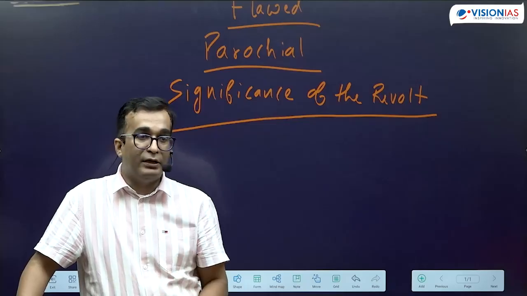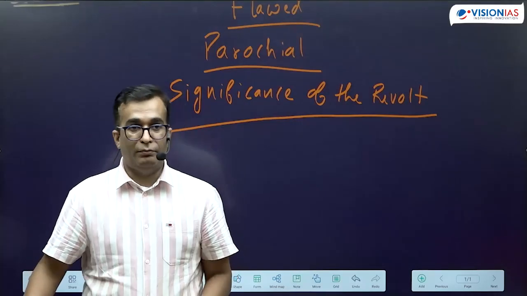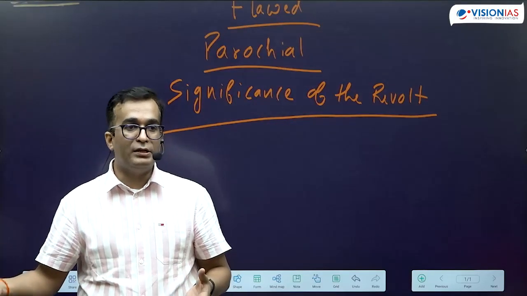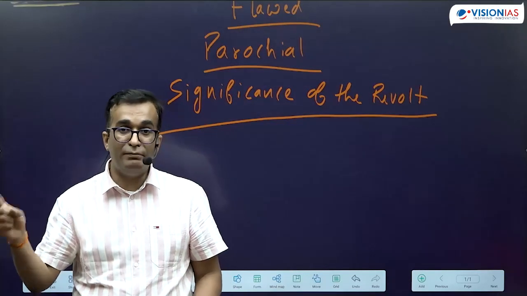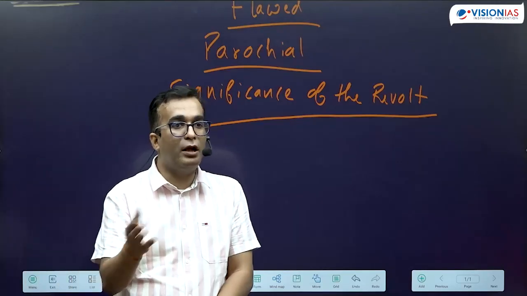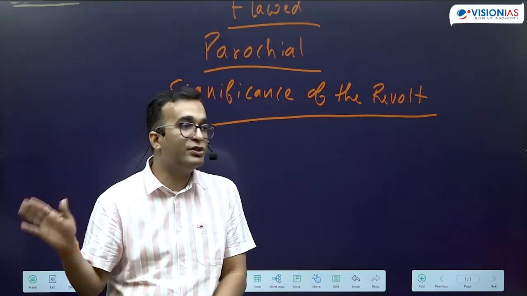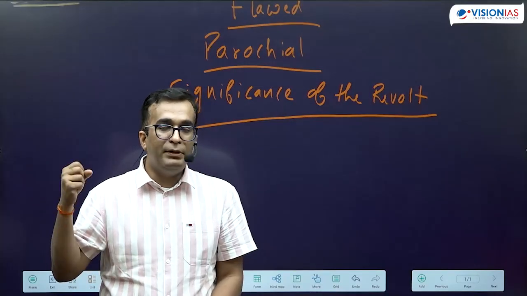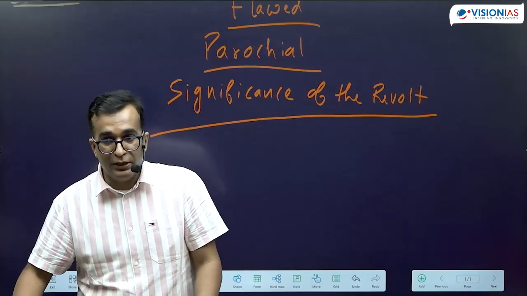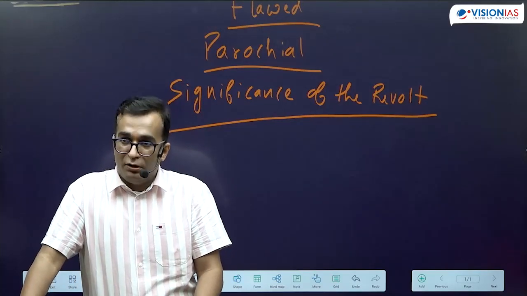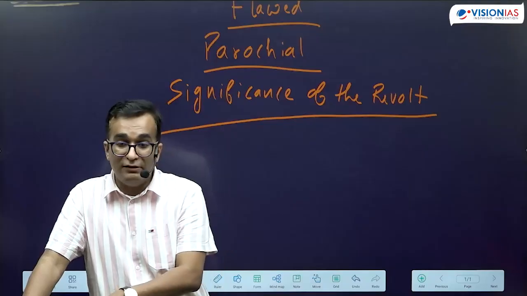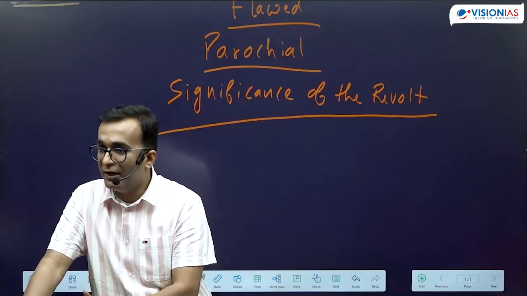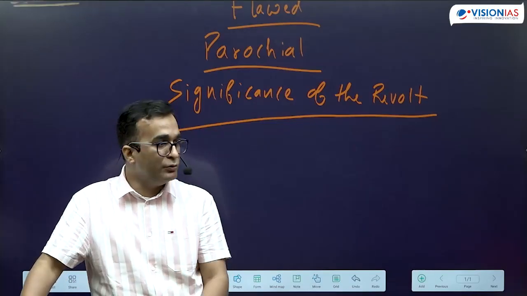That is number one. Number two, though the majority of the class and a good number of the people were not supporting the revolt, it never resulted in a communal situation where polarization is there in the society. In fact, for those who participated, there was complete cooperation between the Hindus and Muslims. This revolt did not classify the mutineers on the basis of Hindus and Muslims. All of them were operating as one, with complete cooperation between the Hindus and Muslims.